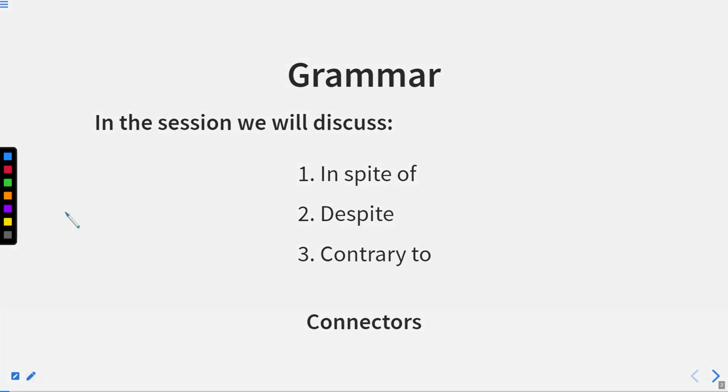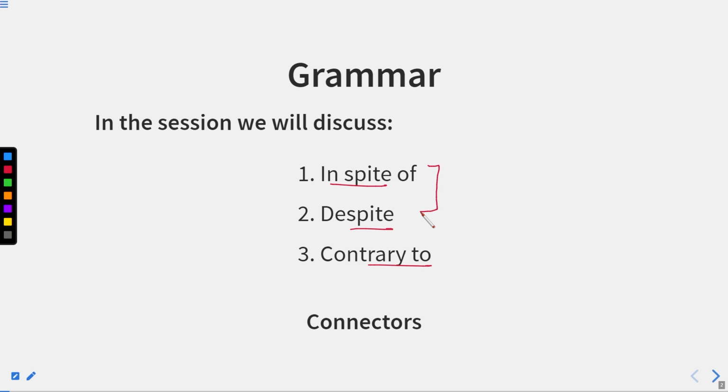contrary to. Well, in the last session, we discussed notwithstanding. That was again a contradictory preposition. So in this session we are going to discuss in spite of, despite, and moreover we are going to discuss contrary to. Well, let me tell you that both these words, in spite of and despite, they both are